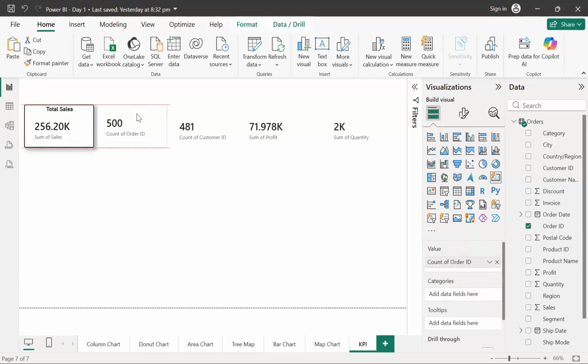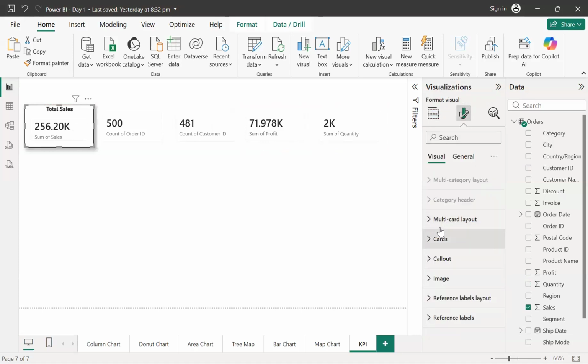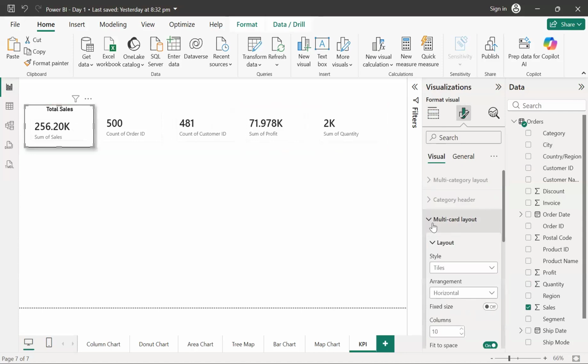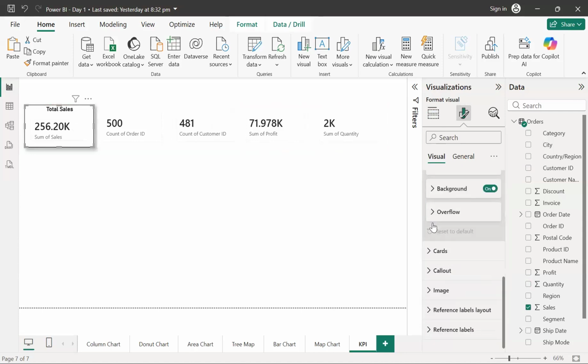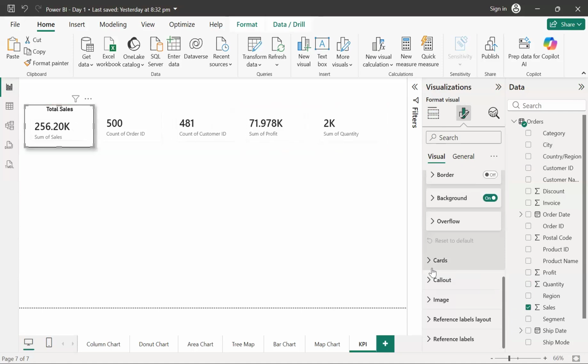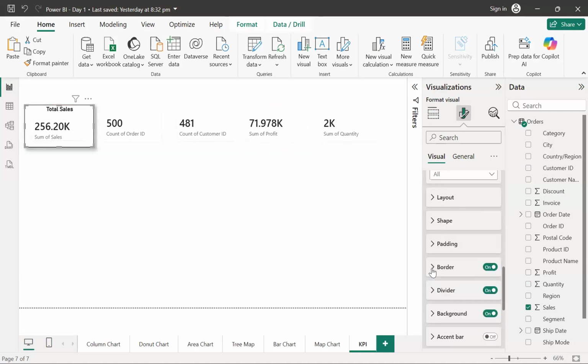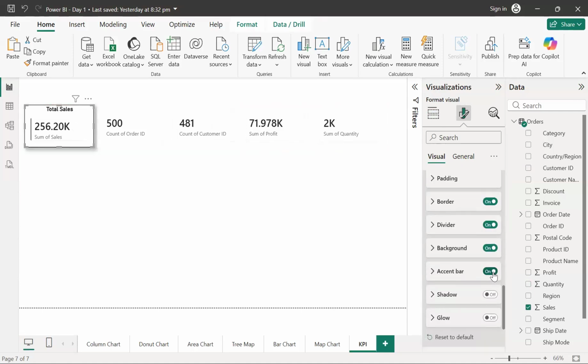Now I want to perform the same thing with all these cards. I just want to change their names, but probably perform the same thing. If I want to do a bit more formatting with this, there is a function in this card option where I can try to add the shadow.